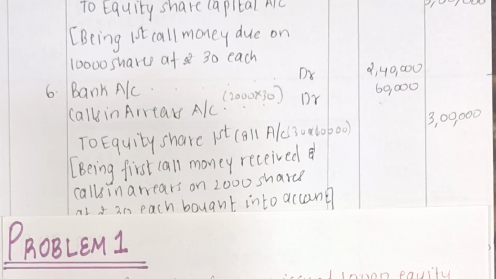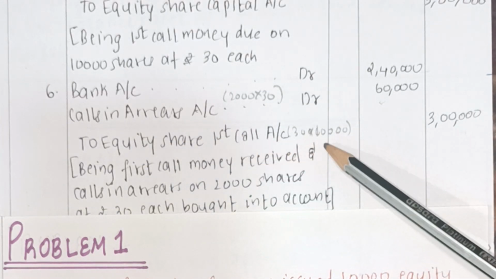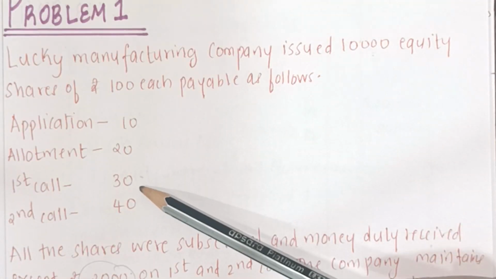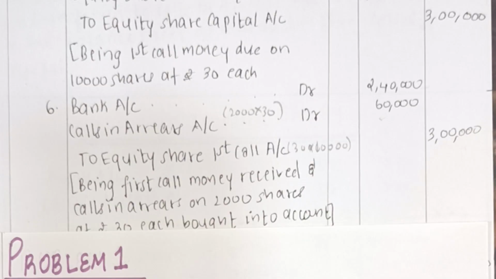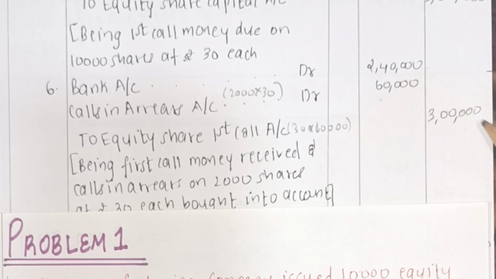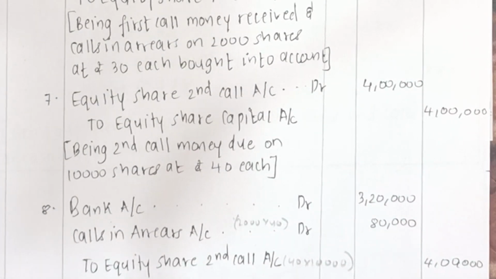Alright, so this is how you are supposed to solve problems on calls in arrears. First, write equity share first call account. You get this amount by the total number of shares issued into the rate, 30 into 10,000, 3 lakhs. Then you see the amount that you have not received, 2,000 into the rate, 30, that is 60,000, then 3 lakhs minus 60,000. You will get 2,40,000. Okay, and the narration is being first call money received and calls in arrears on 2,000 shares at rupees 30 each brought into account. So moving on to our seventh entry, that is equity share second call account debit to